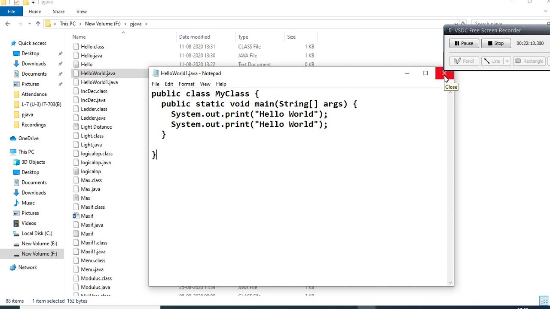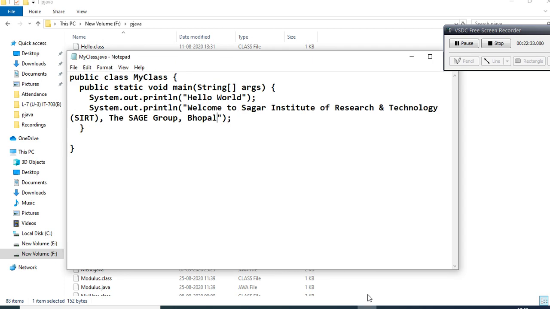So here I show you, I earlier said that I have saved the program, that is an erroneous program that I made intentionally. So your program must be saved with the class name and with the extension .java. Here the class name is MyClass, and with the extension .java. So here the one program is public class MyClass, and I save the program with the extension .java.